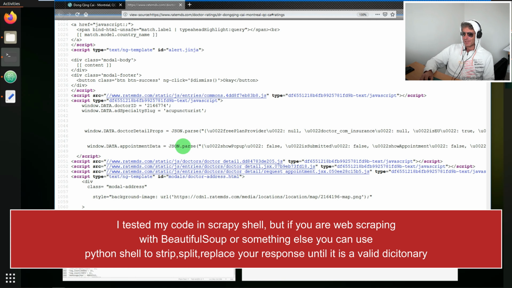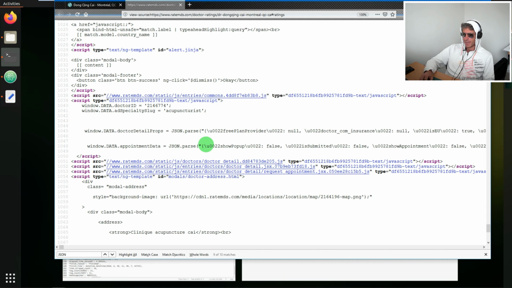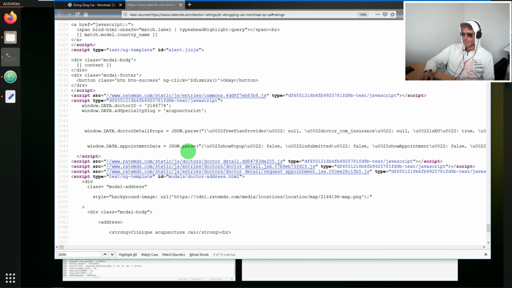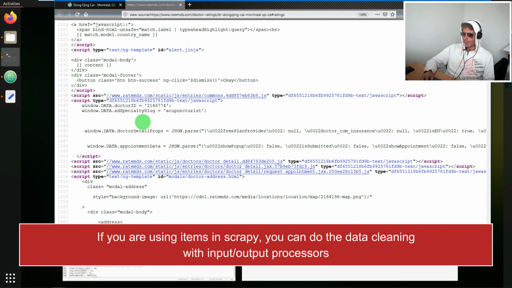Now we know it's a JSON, or it's got potential to be a JSON object. We just need to fetch it, strip out the Unicode characters, potentially we could load it using that, but I'm not going to.